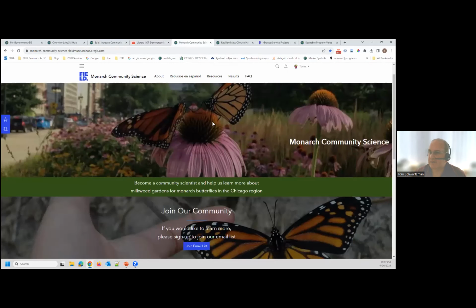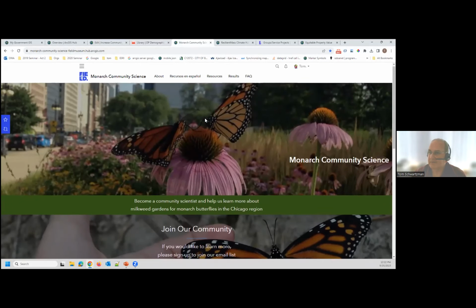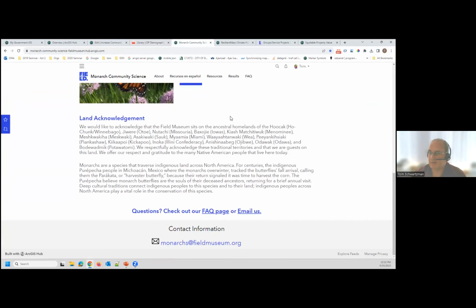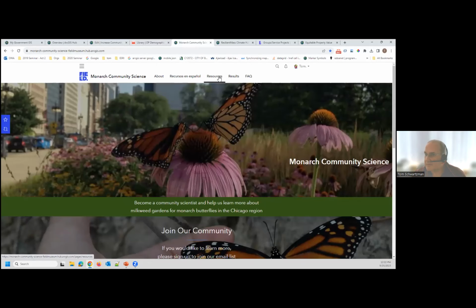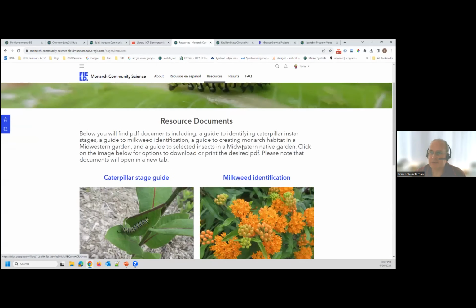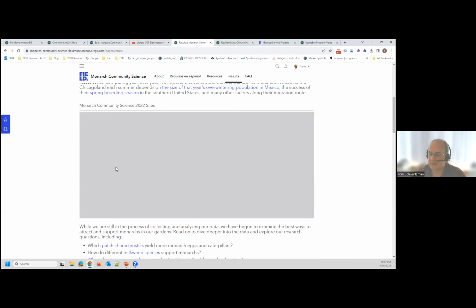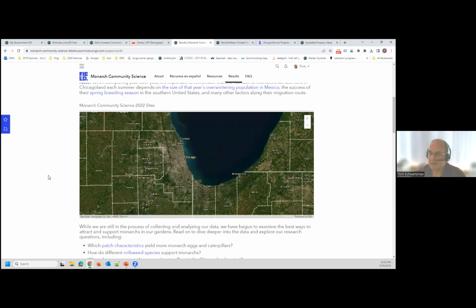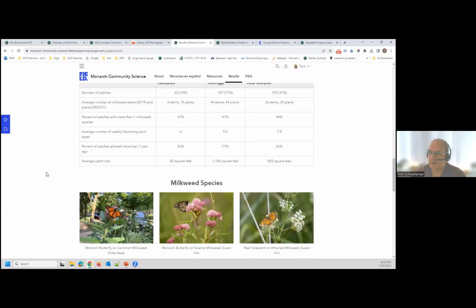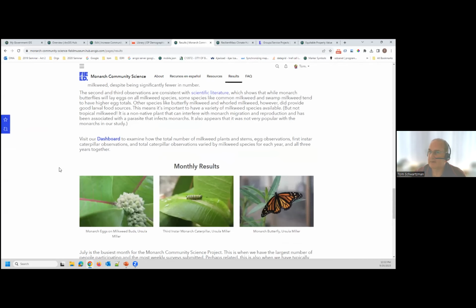Here's a community science example. This is monarch butterflies, kind of interesting. So you can see there's some good stuff in the resources, right? It doesn't all have to be spatial either. You don't see a lot of maps and things like that in this particular one, although I think there's a map coming in here. On and on and on. You can put dashboards in here and experiences, etc.